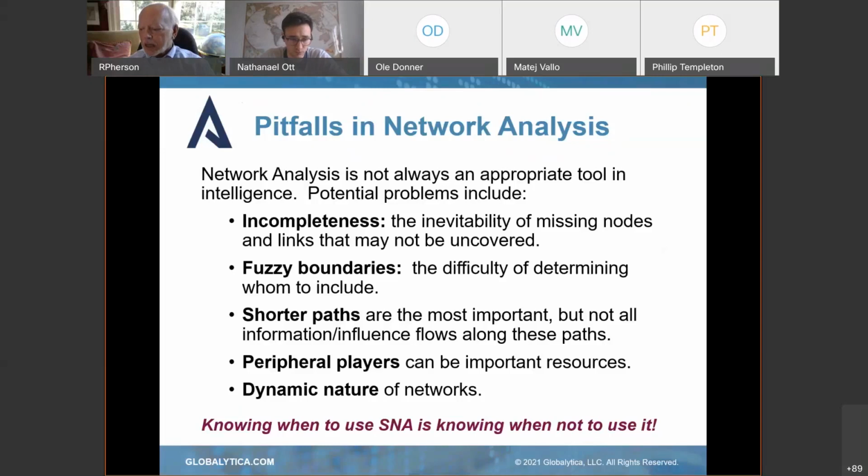I mean, you can have someone who's got a lot of connectivity with Joe, but it turns out that he's talking to Joe because he's his landscape gardener. And it doesn't help you much to know that he's in the network. He's not going to contribute to the analysis. We're saying generally you look for short paths because it shows a lot of connectivity. But again, like Joe the gardener, you may have a very short path, but it has no meaning. So you have to be careful not to impute a lot of expertise or a lot of knowledge and insight into what's going on. We generally assume the peripheral players aren't important because they're out on the periphery, but they could be critical. They could be the person who provides the guidance to the group.